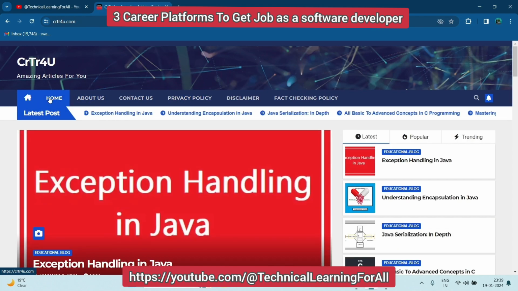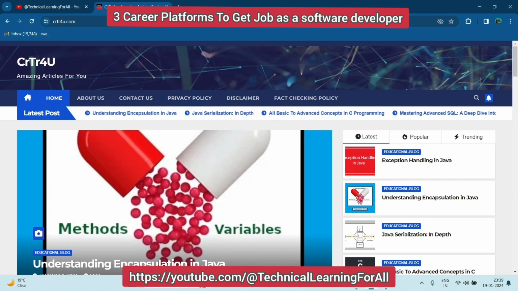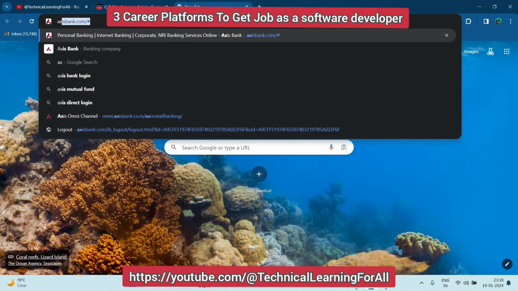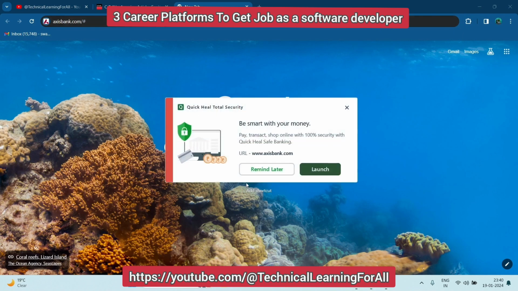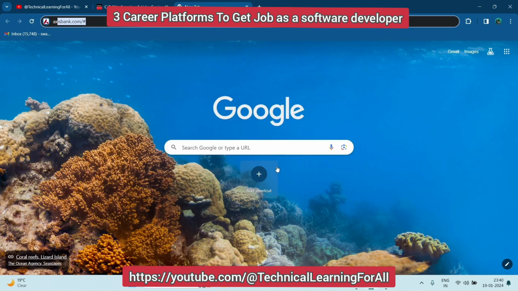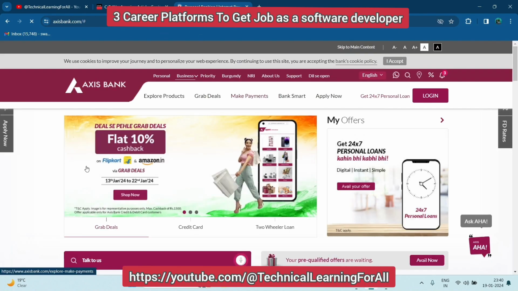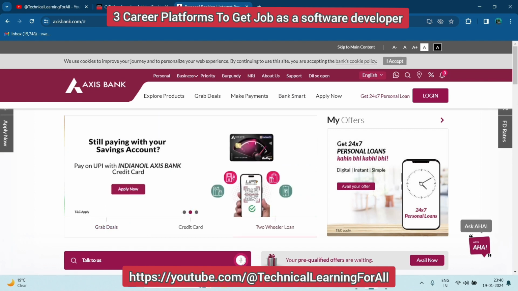So whatever is visible to the user, for example if you go to the Axis Bank online portal, this is the user interface of Axis Bank. We can call it a UI.